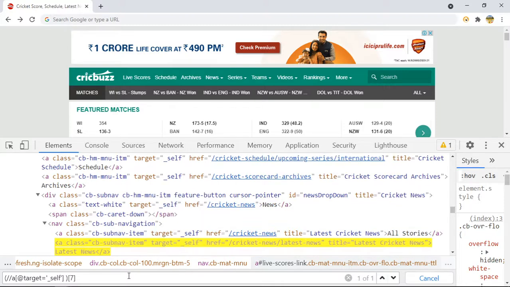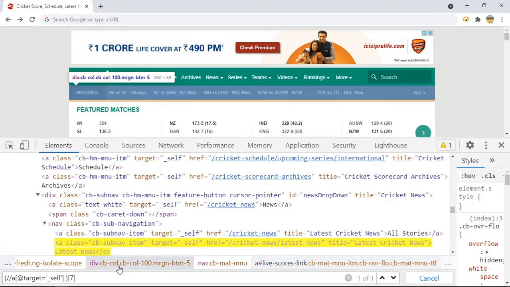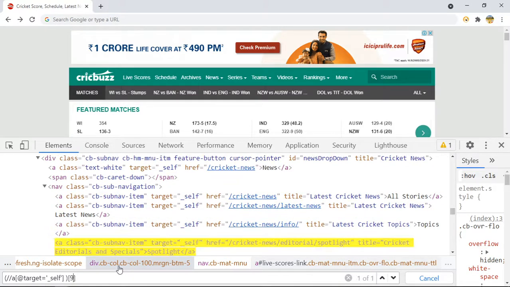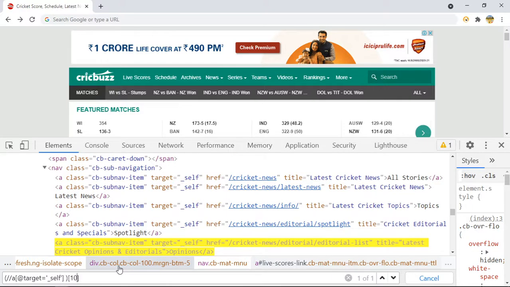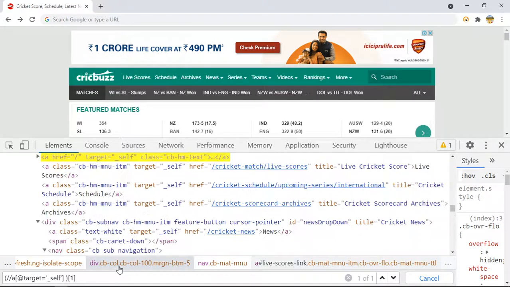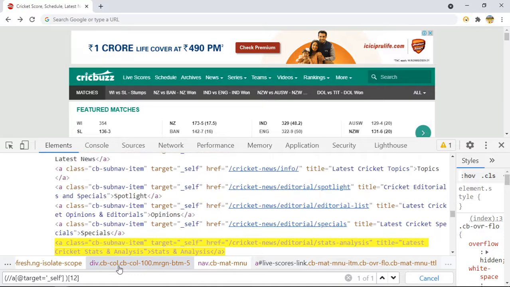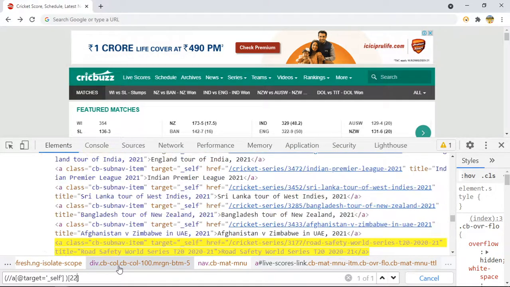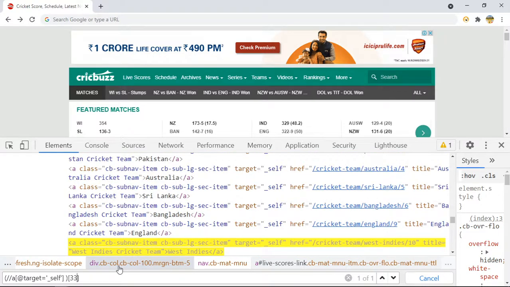So 7, let me check which element matches 9. Based on the number, you can count which element it is.